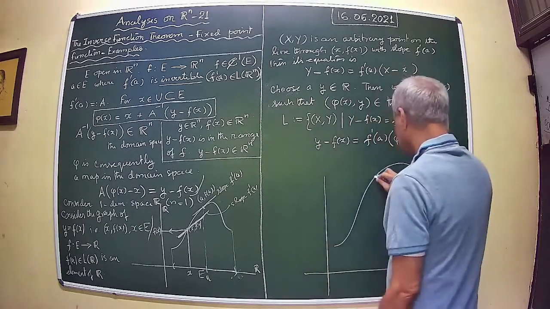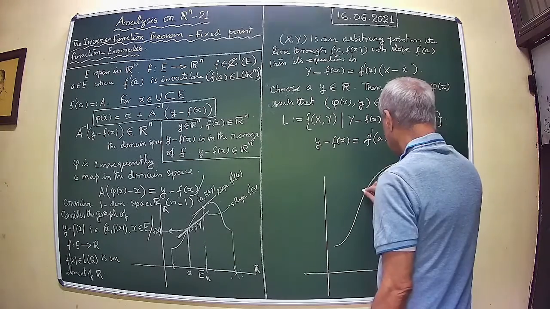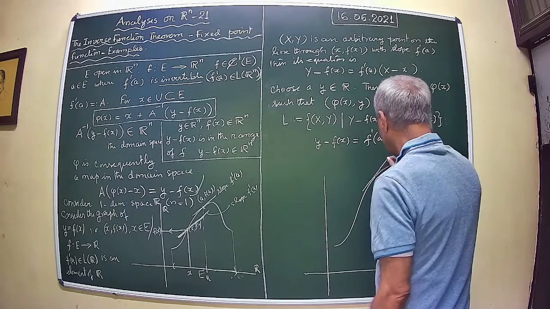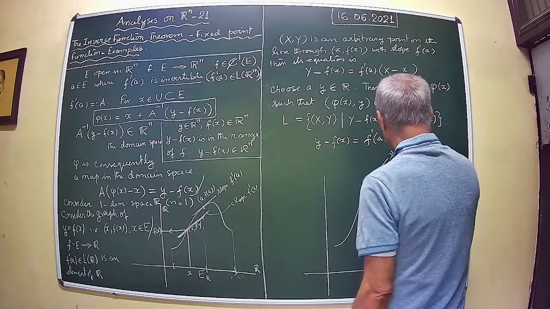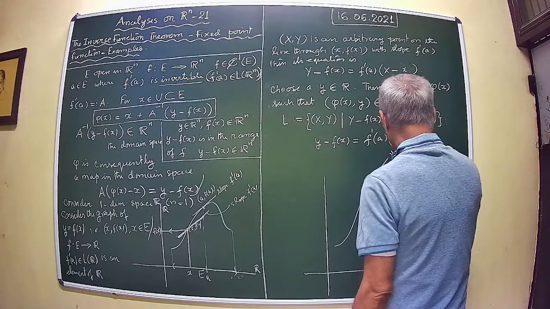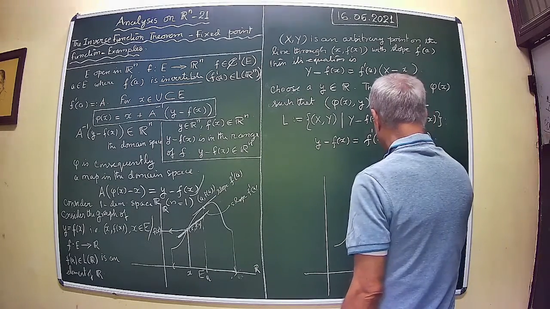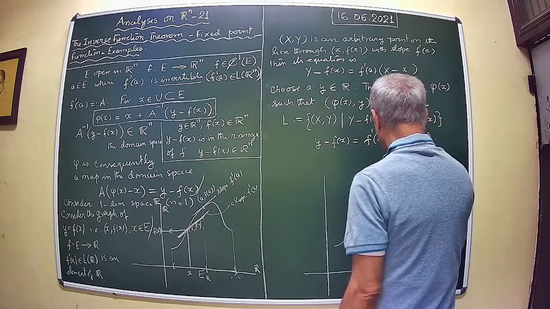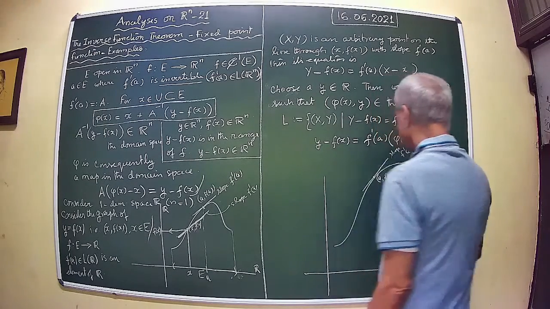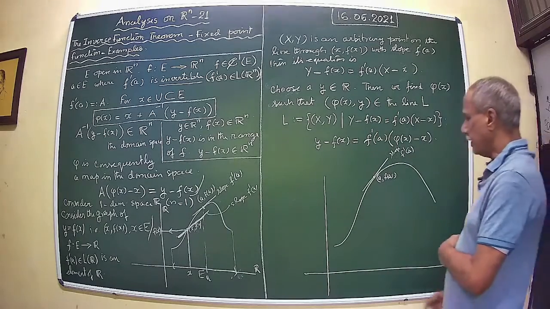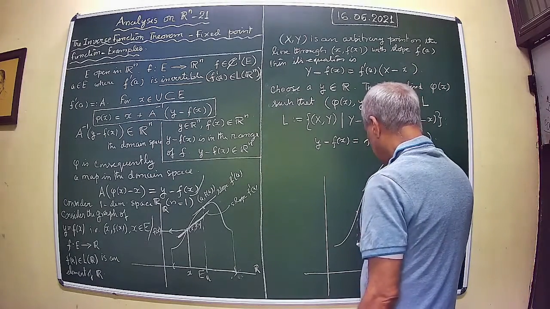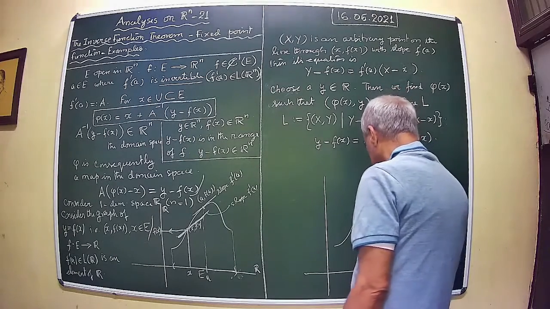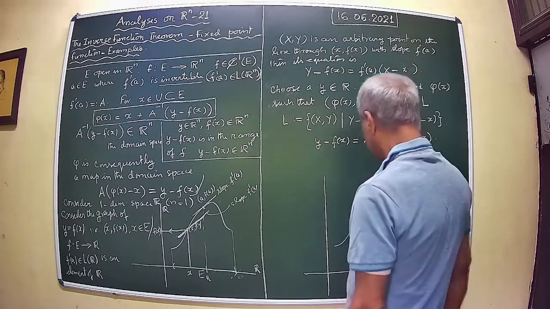Something like this. So this is the line, slope f dash a, it's a tangent there. Now what we are taking up is a point x is chosen,